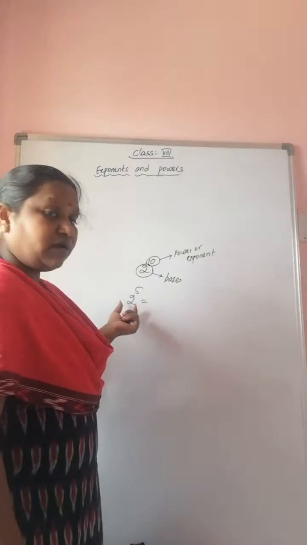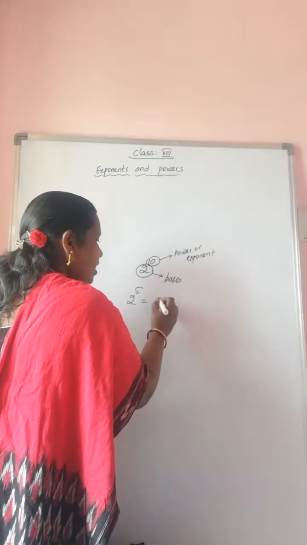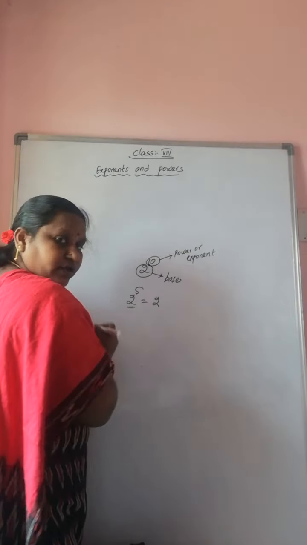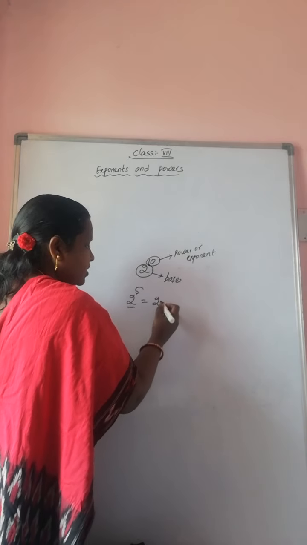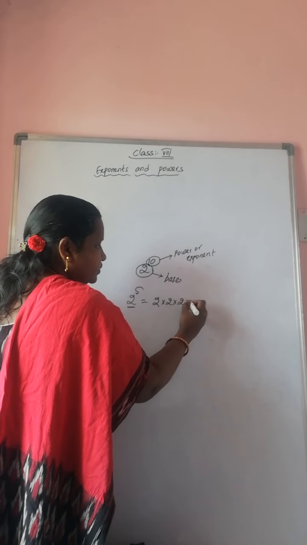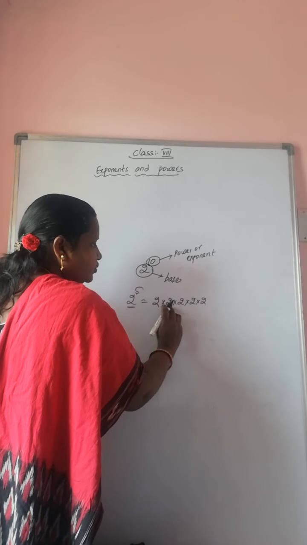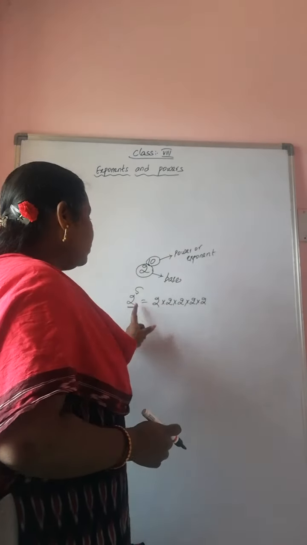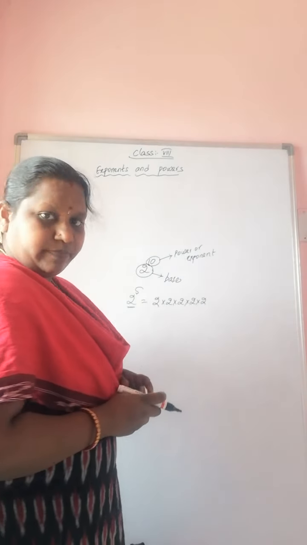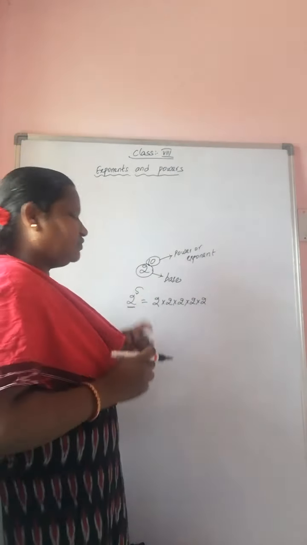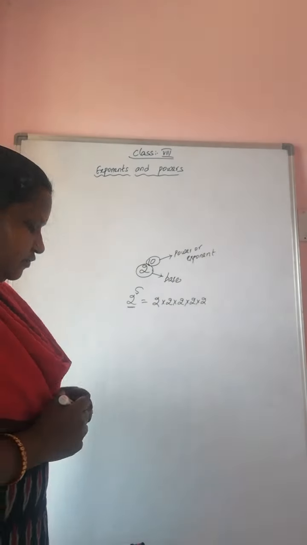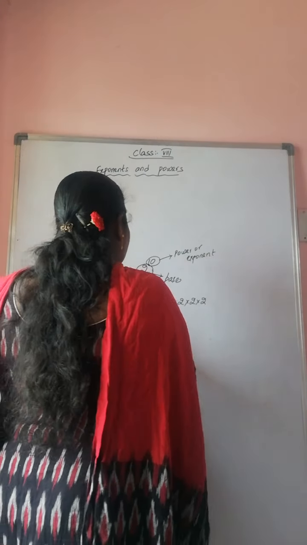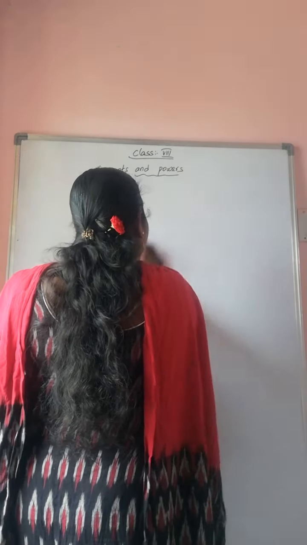Then what do you mean by 2 power 5? 2 power 5 is nothing but multiplying this number 5 times. 2 raised to the power of 5, so 2 we multiply 5 times: 2 into 2 into 2 into 2 into 2. 1, 2, 3, 4, 5. That we write as 2 raised to the power of 5, or 2 power 5. Here the base is 2 and the power, or exponent, is 5. You already know this from your previous class. So now we are going to learn based on some laws.